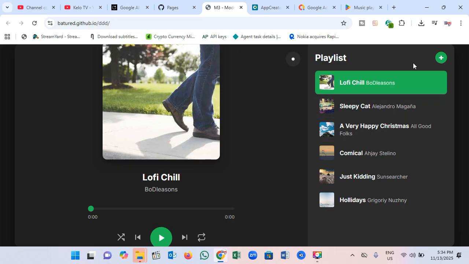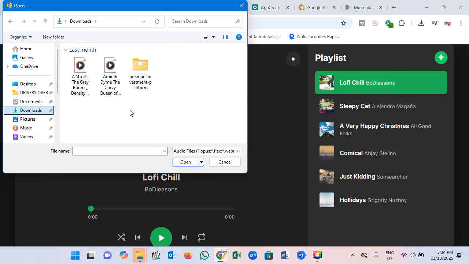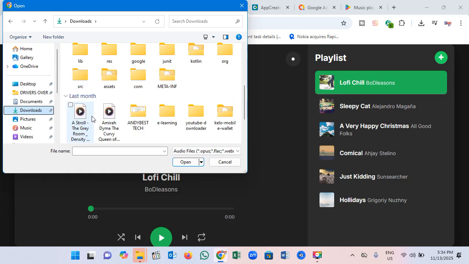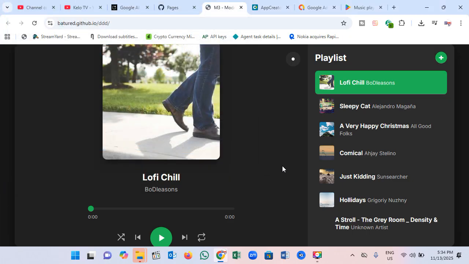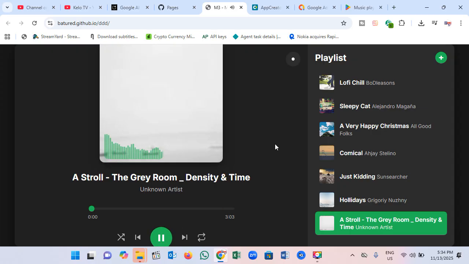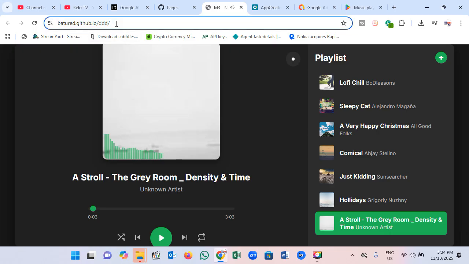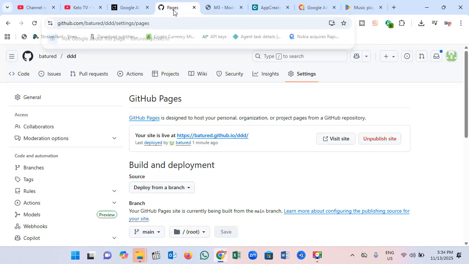Okay, and here you can see where you can also upload your music, and you start playing your music automatically from this app. You can see it has uploaded, and you can see it here, and I play. It says playing. So the next step now is for you to copy the URL of the site. That is the same as this one. You can copy this link,